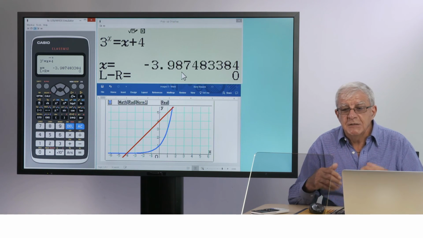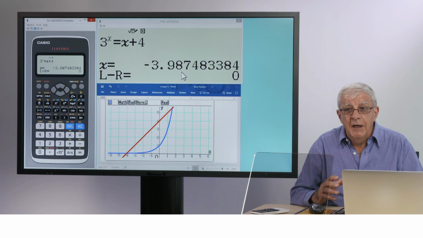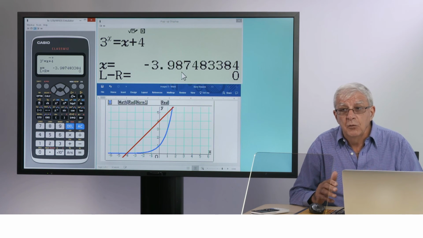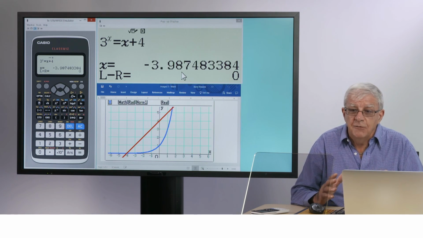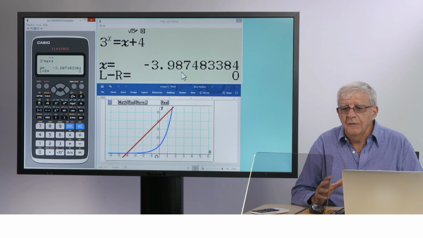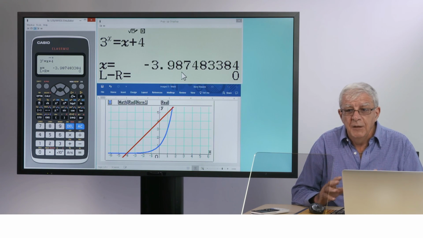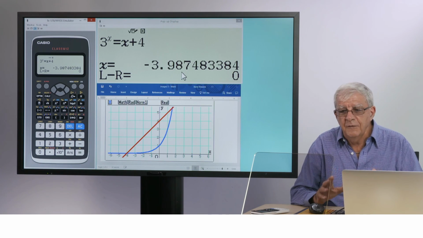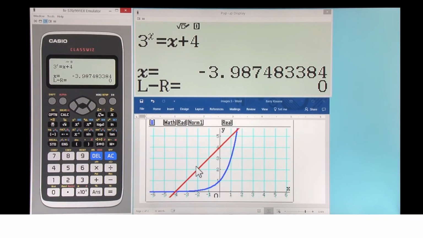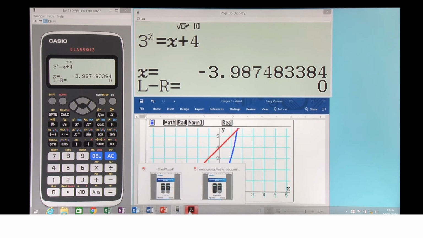So the ClassWiz is supporting their thinking, and as you can see is a powerful tool for exploring equations of various kinds. This video has shown some ways of using the ClassWiz to find approximate solutions to equations. We use some guess, check and improve methods, and we use some automatic procedures. You'll find that Module 4 of the